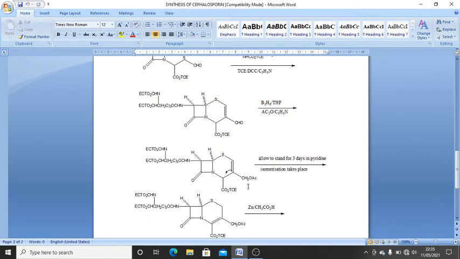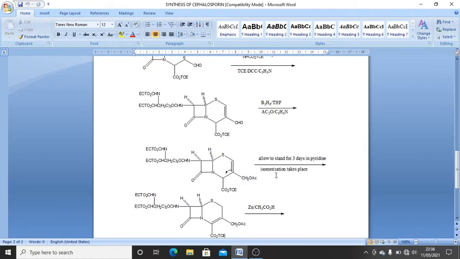So this is what we are going to observe in the next product. That is, the borane has converted the aldehyde into CH2OH. Acetic anhydride has converted CH2OH into CH2OAc. Now this product is at C4 and C5, that is 1, 2, 3, 4 and 5, C4 and C5, 2 moles of trichloromethyl carboxylate is lost. That means 2 moles of trichloromethyl carboxylates are lost over here.